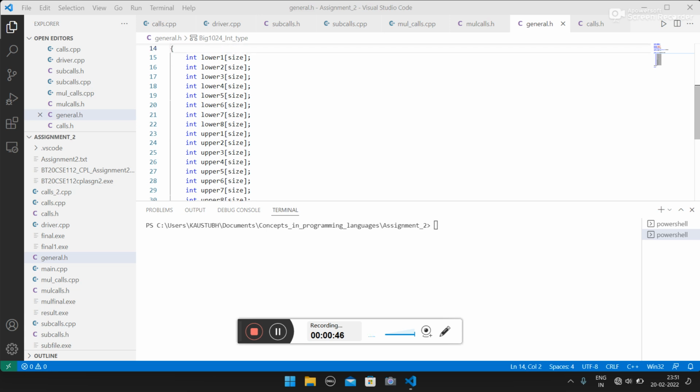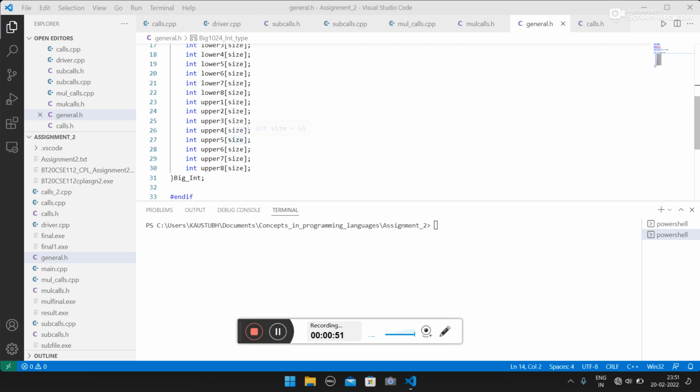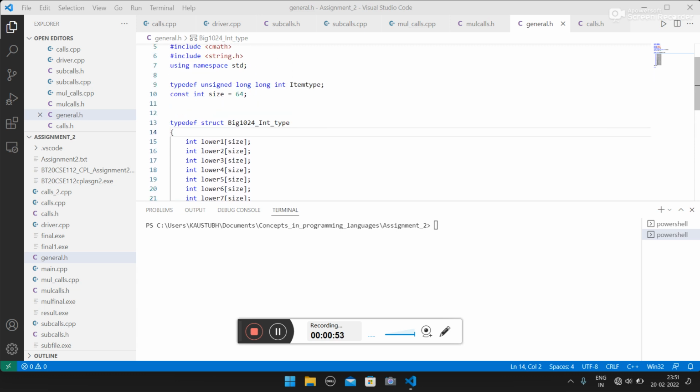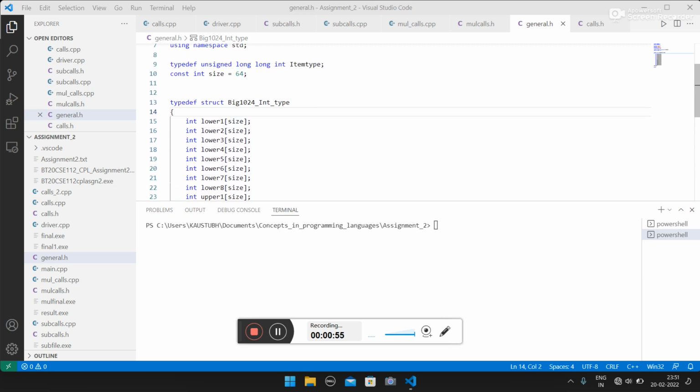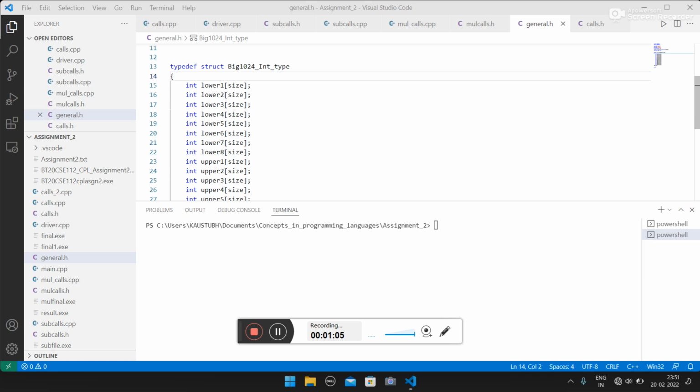So here there are 8 blocks of lower and 8 blocks of upper, each of size 64. So we can say that there are 16 blocks, that is 16 words of size 64. So 64 times 16 equals 1024. In this way, a big 1024-bit data type is represented.